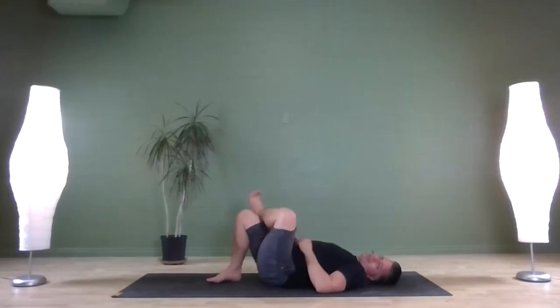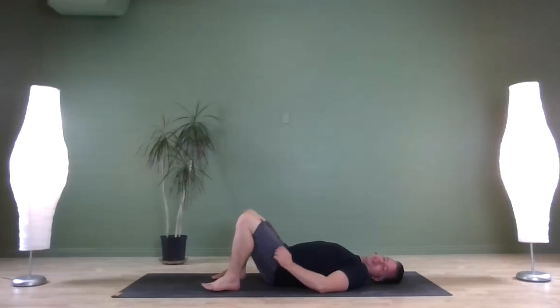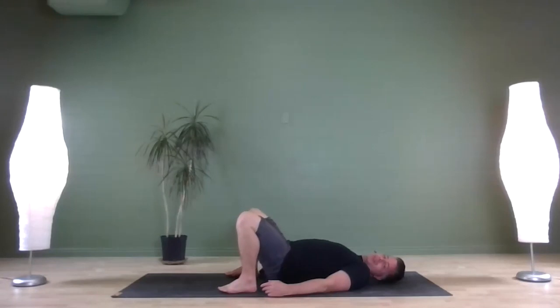And release, uncrossing. All right, we are going to do bridge pose, and then we'll settle in for a very well-earned Shavasana. So for bridge, let's bring the heels just a little closer to the glutes, stepping out slightly wider than your hips. Bring that weight into your heels and shoulders, engage your abdominal muscles, and go ahead and lift